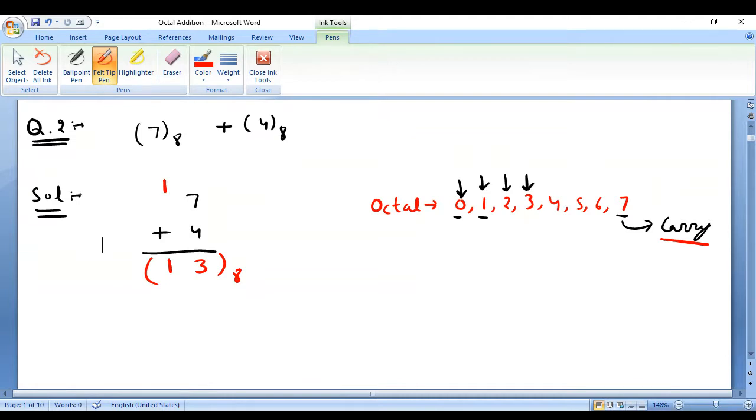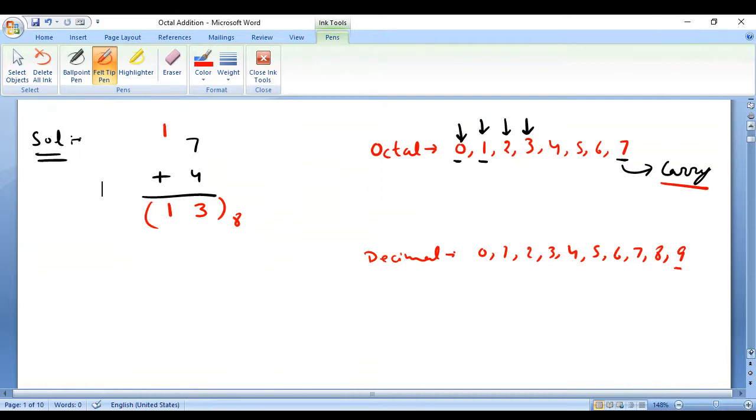So this is the same way as we discussed for the decimal system, right? Like in case of the decimal system, the last number is what? 9. And after 9 you take the carry, the general addition that you studied from your childhood. In that, after 9 you take the carry, right? Because in case of the decimal number system, the maximum number is 9.